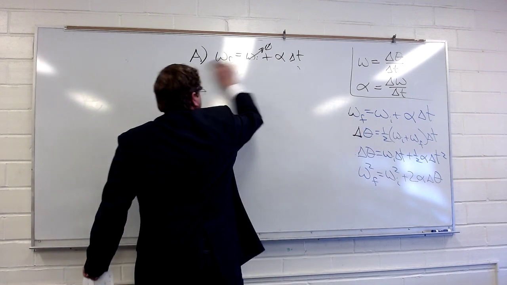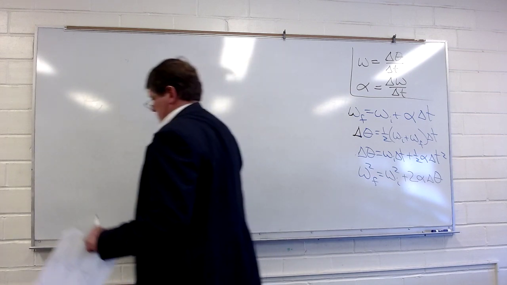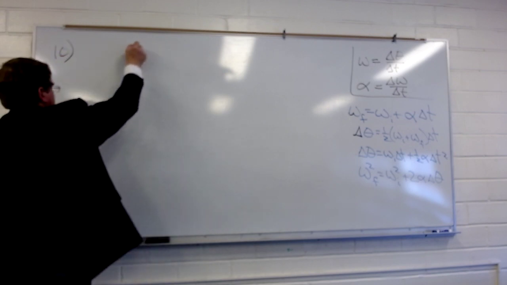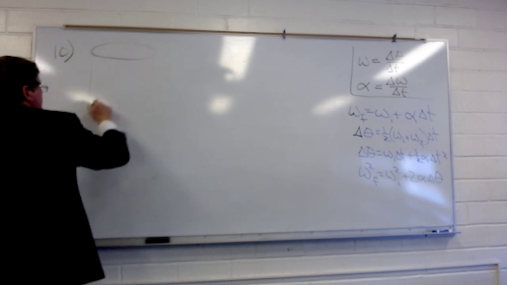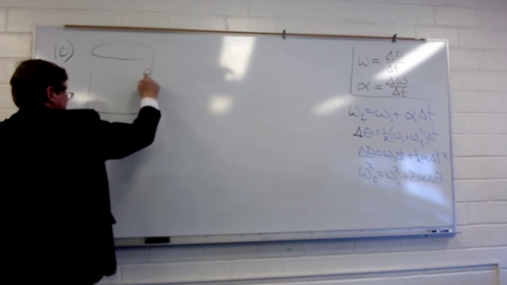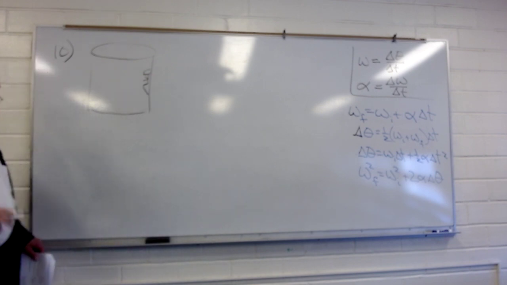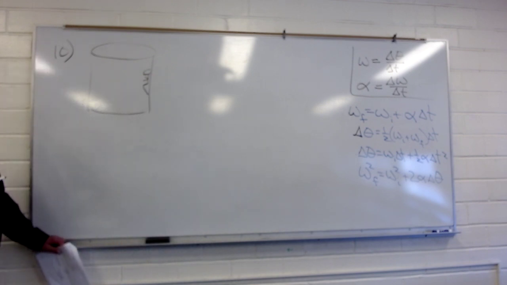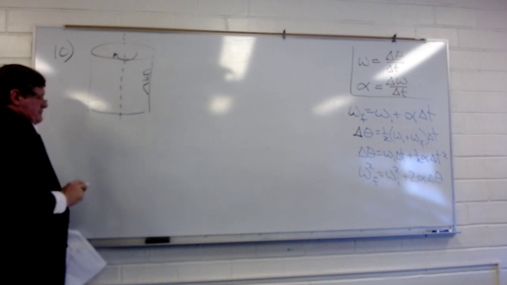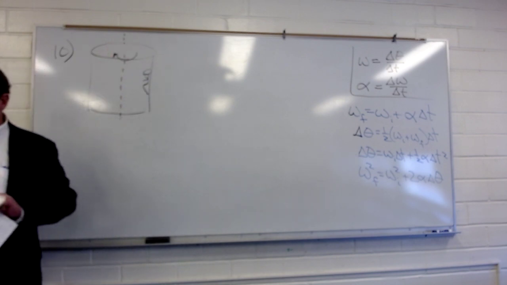I'm going to leave those equations up there because we're going to need those for problem 10. Problem 10 has one of these rotor rooms where we've got Billy, and Billy's pinned up against the wall. Once it gets spinning fast enough, we drop out the floor. And so this room is spinning about an axis, okay? And we're told that